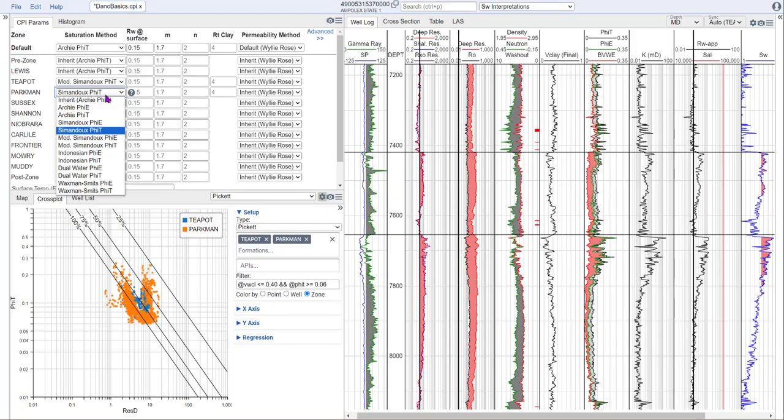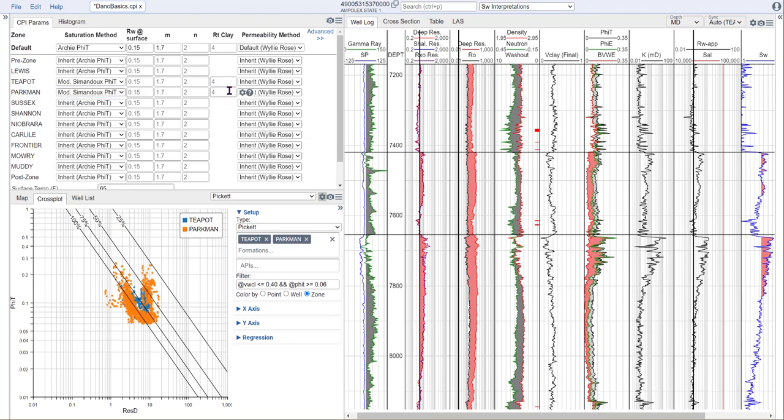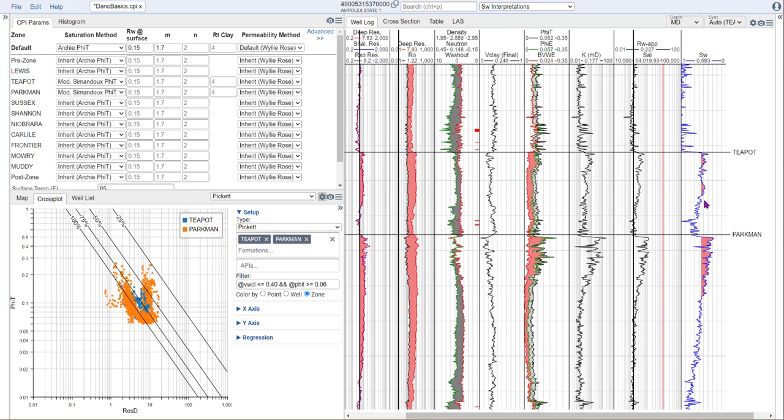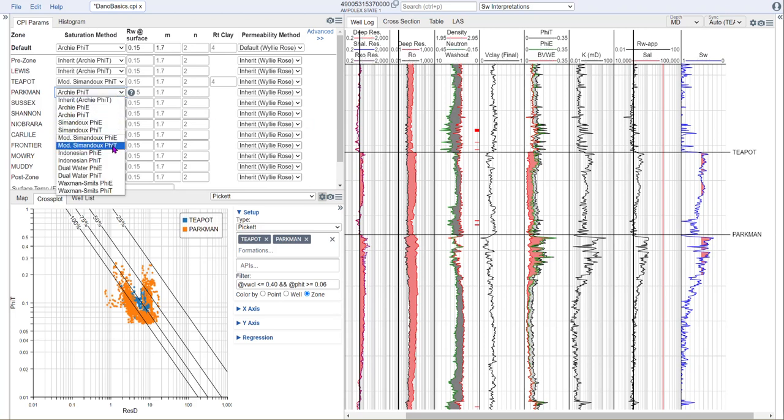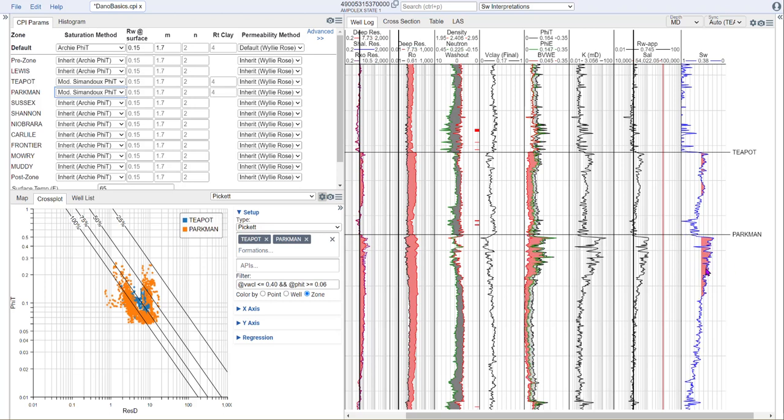And as we do that, we see we now have another parameter that we need to set. And this parameter is our RT clay parameter. Okay, so as we toggled to Simandoux, let's toggle back and forth here. So here's an Archie total porosity. All right, and here is a modified Simandoux. All right, so we can see the modified Simandoux puts more